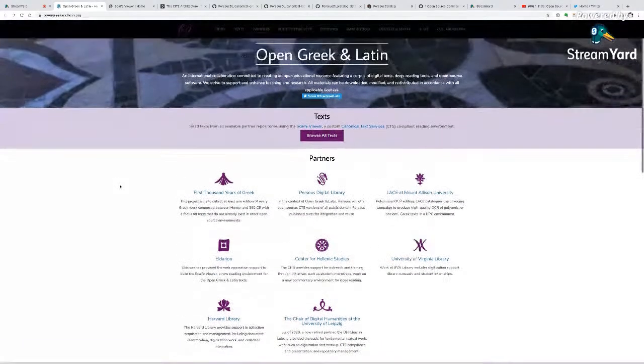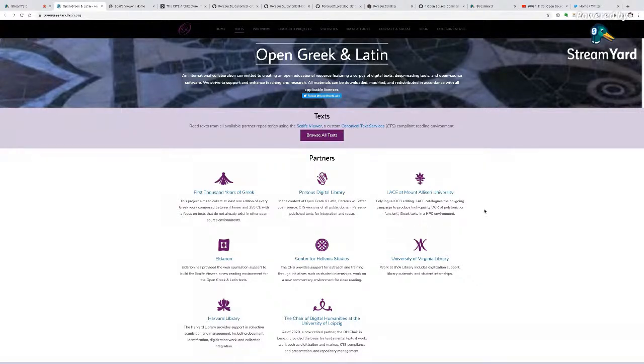on my screen. And here, as you can see, there are different sub-projects and different institutions involved, not only Leipzig, but also the Perseus project, of course, which was the first project providing open access and open data for Greek and Latin. Then we have the First 1,000 Years of Greek, which is a project of the Center for Hellenic Studies at Harvard University.